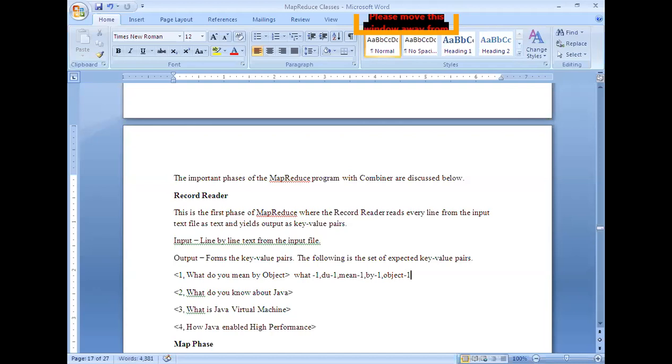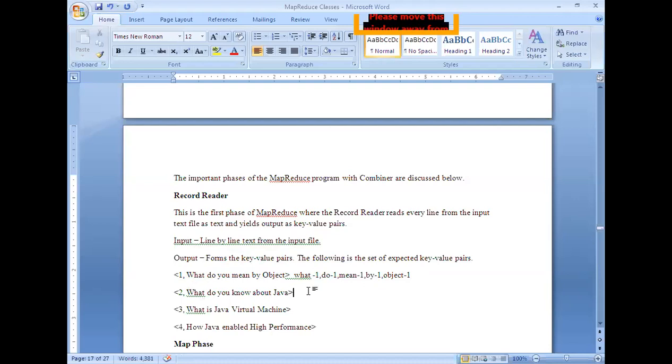So this is the output which we are expecting. This is the intermediary output produced by the mapper logic when you submit this information as an input. So here it extracts each and every word from the line and assigns it a count value.